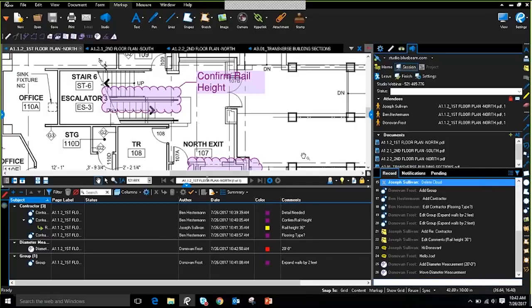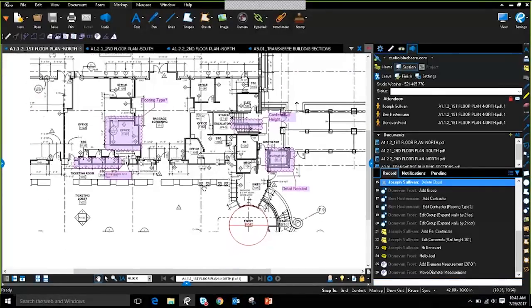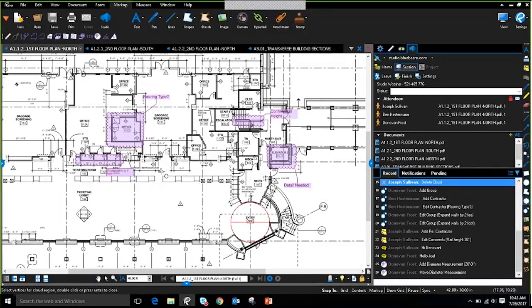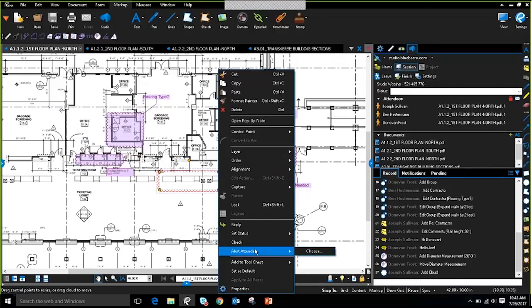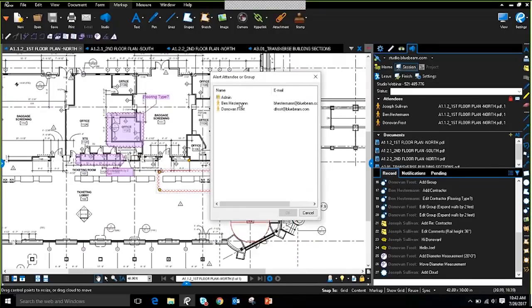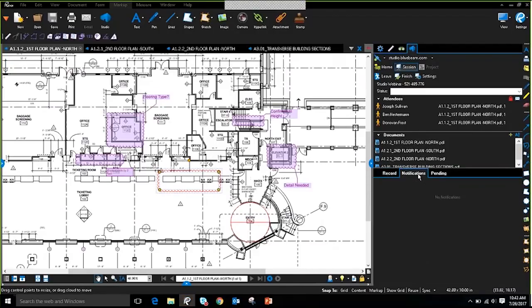Now, an alert is another way for you to communicate over a specific markup. If I wanted to, for instance, place a markup quickly on this PDF, I can right-click on that markup, alert attendee, and choose to alert everybody within this particular group. And what happens when I send an alert? Frankly, 3 things. One, this notifications panel here will start to flash orange,